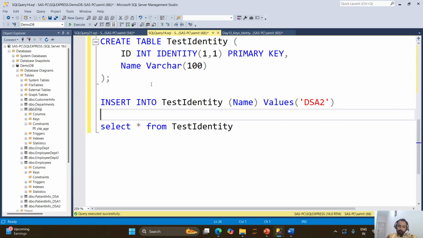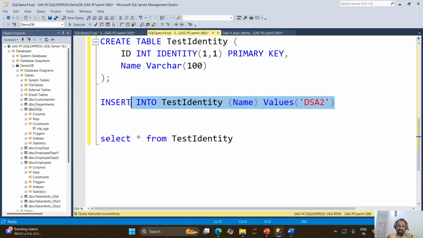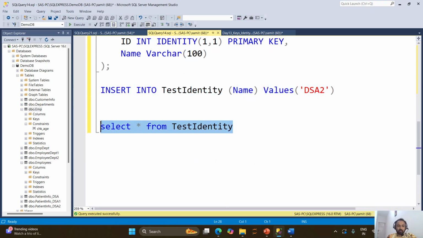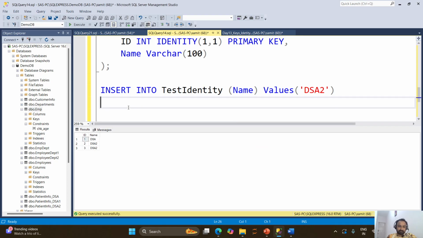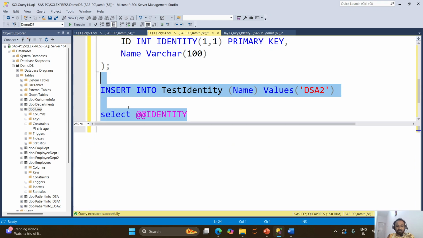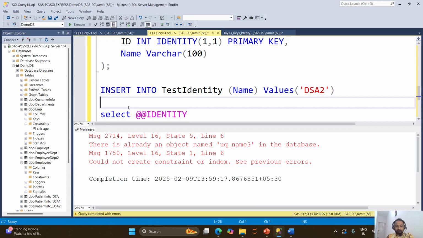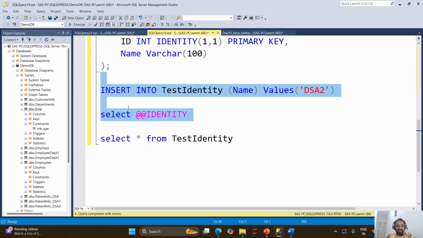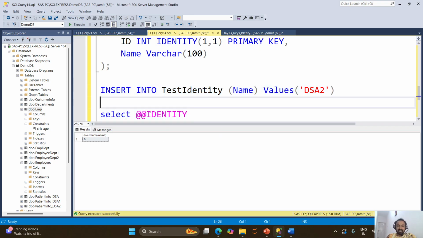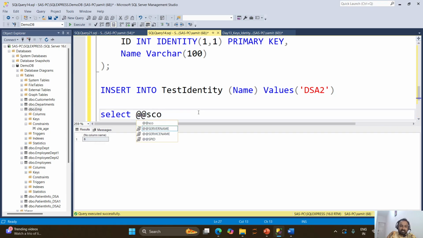If you wanted to know what ID it is inserted, the only way which you can see what was inserted is to go and select the data. But what you can do, you can select @@identity. So if you run this @@identity, it will return a value for 5. It will keep showing you what was the last identity inserted, and this identity is across the server, and we have something called